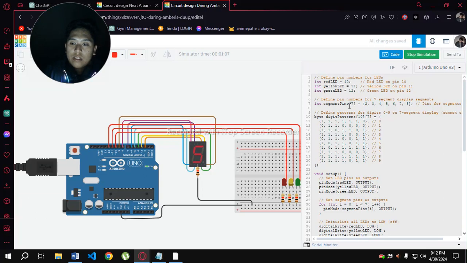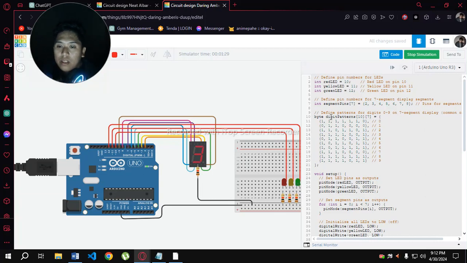And the segment pins, which is 2, 3, 4 until 8, because our code doesn't have a decimal point. You can only use the decimal point if you have two segment displays, but in this case we are not going to use the 9, we just connected it.